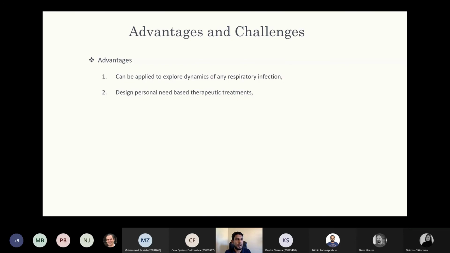Since this model can be used to explain SARS-CoV-2 dynamics with respect to different personal parameters, we can easily use it to develop more therapeutic or personalized treatment. For example, how to treat diabetics compared to people with high blood pressure or heart disease. And most importantly, this model is not limited to respiratory infection, but can also be used for other infections that may affect different organs. Given some information about that organ, for example the digestive system, we can easily explain the viral dynamics.